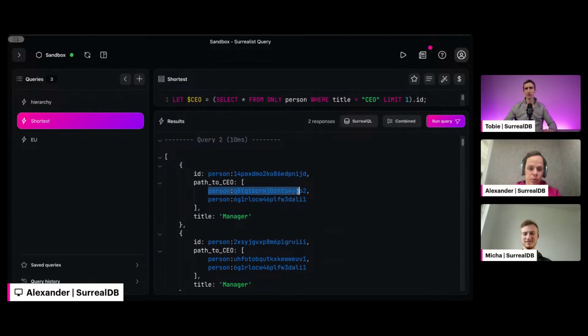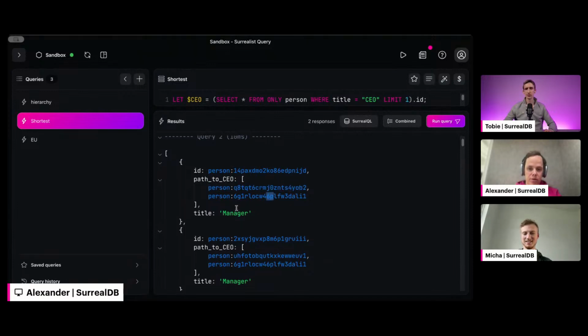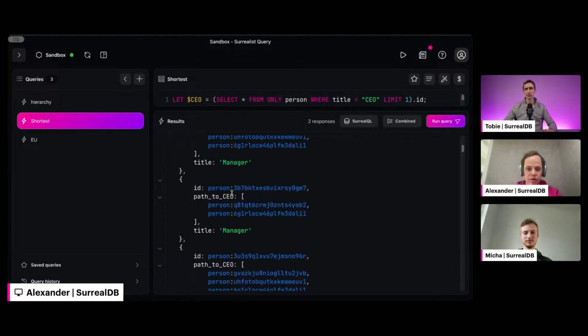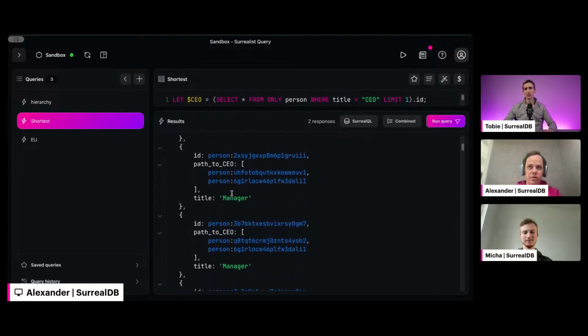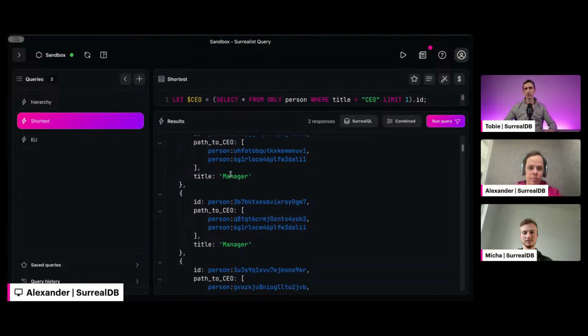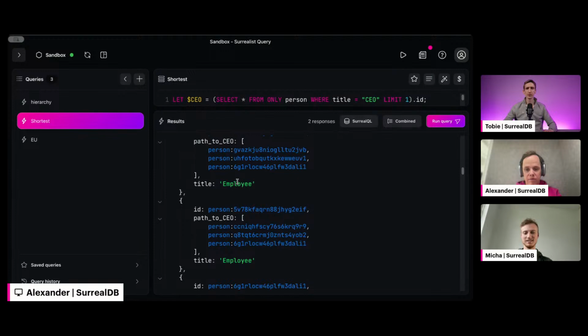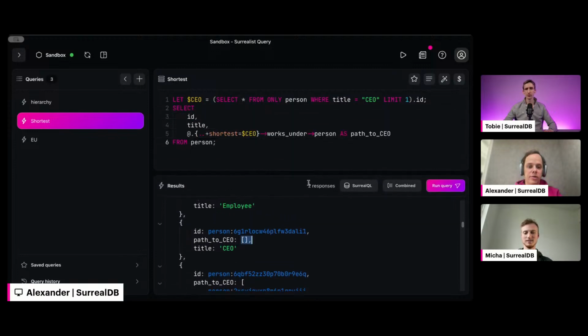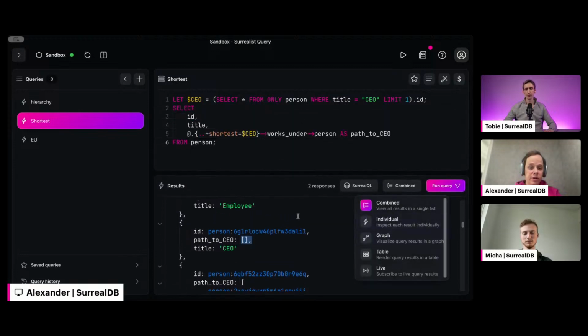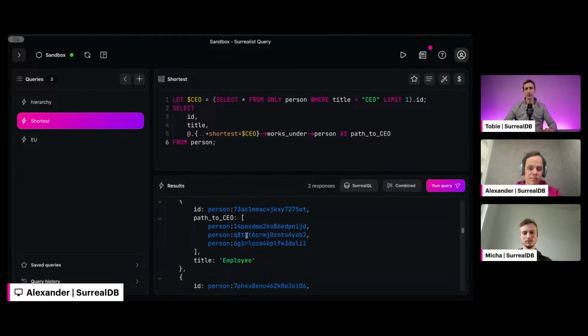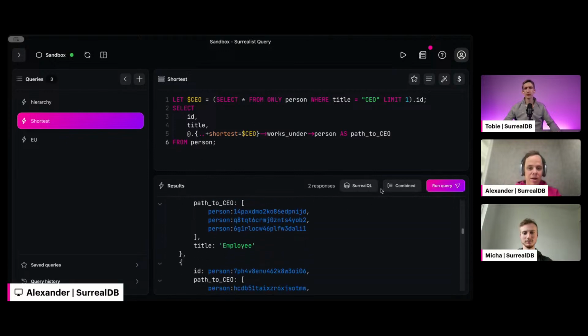That's through this person, then you can go through this person, and for a manager. And as you can see, because we have just simple hierarchies, for a manager there will always be 2 people. For an employee, there will always be 3 people. And for the CEO there will be nothing, because the CEO is, of course, the CEO and doesn't need to be recursed. And interestingly enough, here you can see that this data to some extent makes sense, because